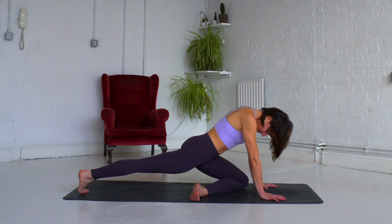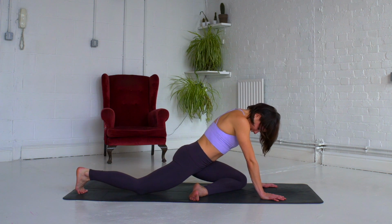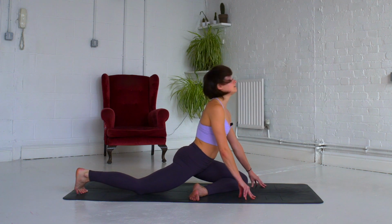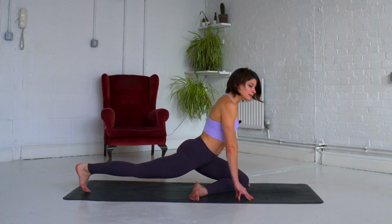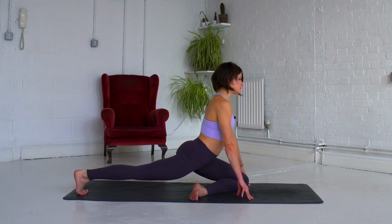Shuffle the right toes back behind you. So we're moving kind of towards pigeon, but gonna keep it nice and active. Keep the glutes active, lower the right knee down to the mat. And you can stay here just on your fingertips, or you can keep that right leg lifted. If this feels good for you and you want to take it a little bit further, you can bring your